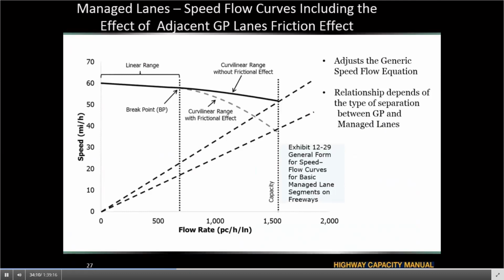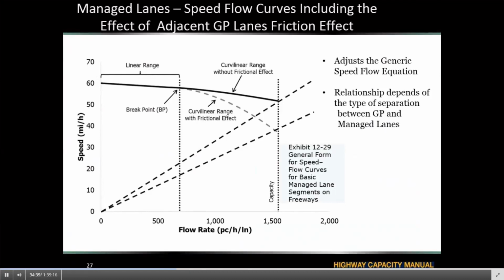And this is because in the managed lane speed flow model, the speed is not only a function of the flow rate on the managed lane. It's also a function of the density on the adjacent general purpose lane. Whenever we have congestion or high density on the adjacent general purpose lane, then we see a frictional effect, and the speed flow model is shown by a dashed line.